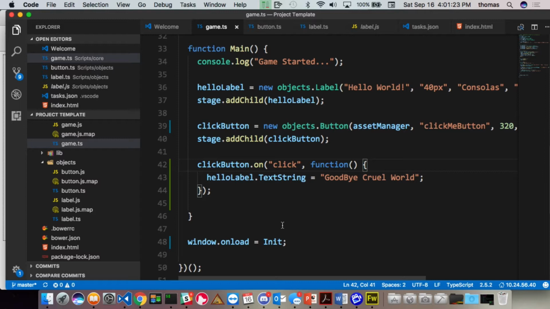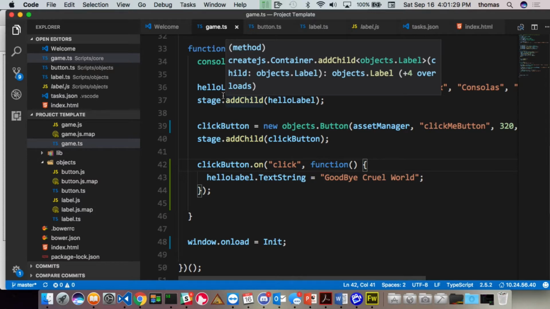Not really, because remember it's JavaScript, right? So if I override the text property and do something else weird like that, then there isn't really a way. Not with CreateJS. If I made my own class, then yeah, I would do it this way, right? But no, there isn't, because I'm inheriting from a class that's already public. I can't un-public the public property. It's like a public property that I'm not using anymore. Because remember, CreateJS was written before TypeScript, so